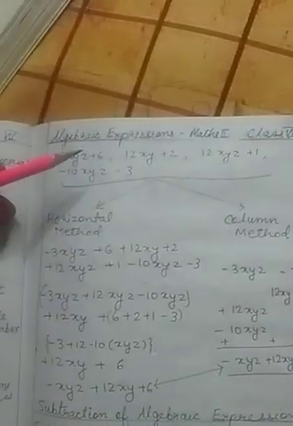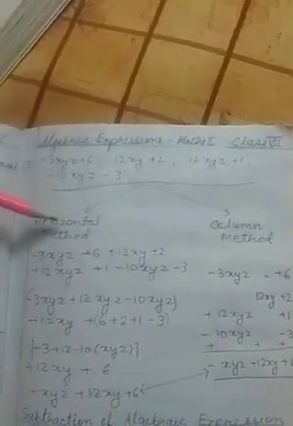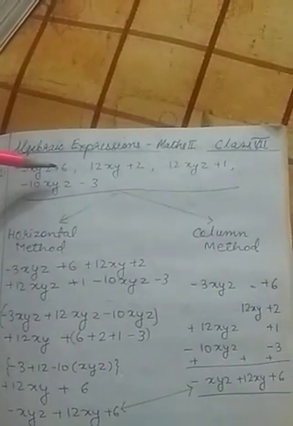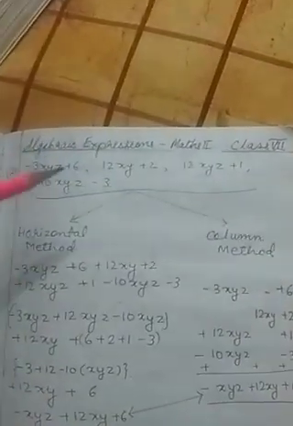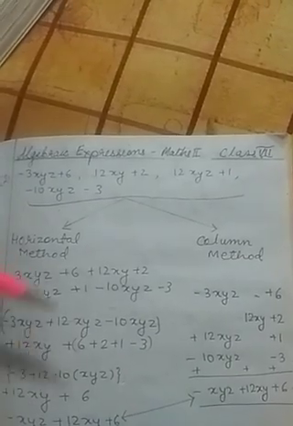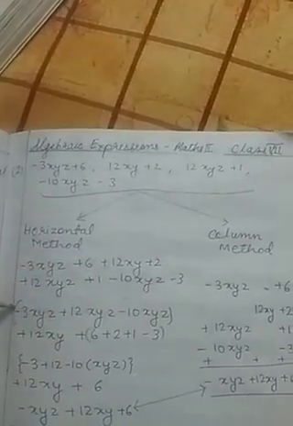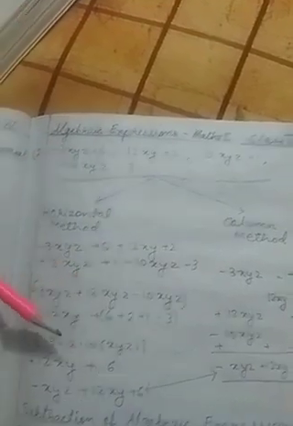From where we left, here is the term. They all are binomial terms and we have to add them. We can use the horizontal method and the column method. What we have to do is add. So while adding these terms, we will take the like terms on one side and the unlike terms on the other side, as I did over here. All the like terms, I took along with the sign, whatever sign it was having.